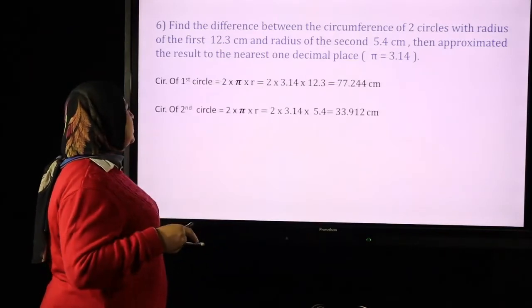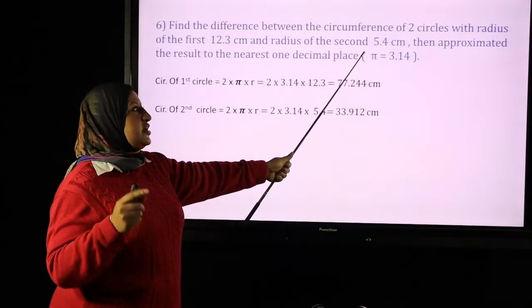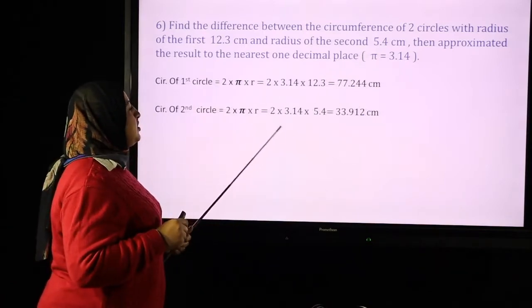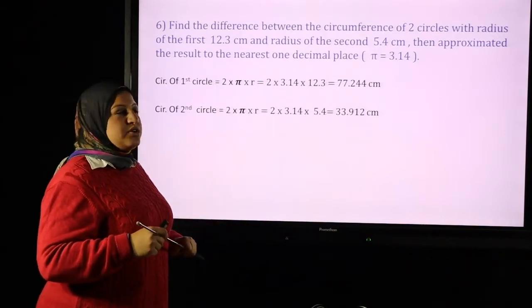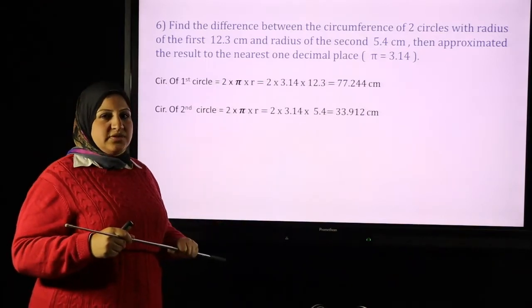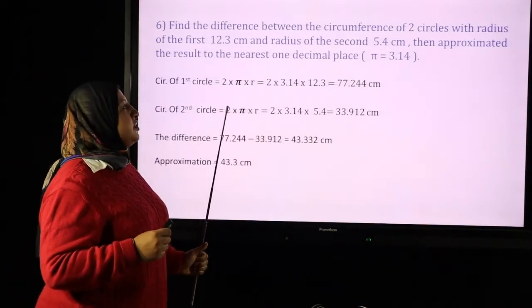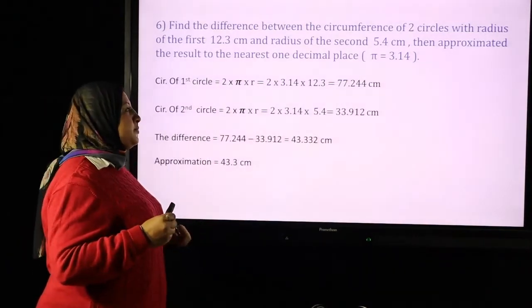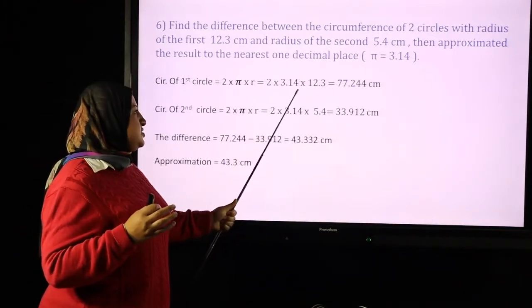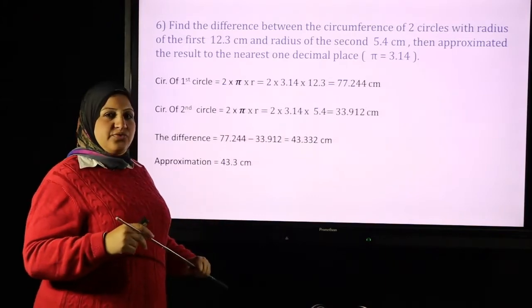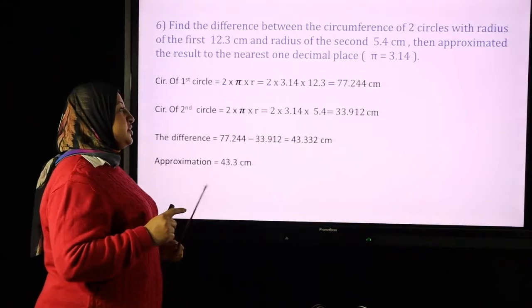The circumference of the second circle is 2 times pi times radius, again because I have the radius of the second circle. 2 times 3.14 times 5.4. The result will be 33.912 centimeters. I want to get the difference. The difference means minus, so I will make minus between the 2 numbers. I will put the greatest one first, 77.244 minus 33.912. The result will be